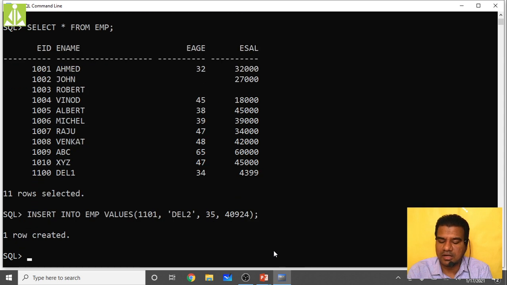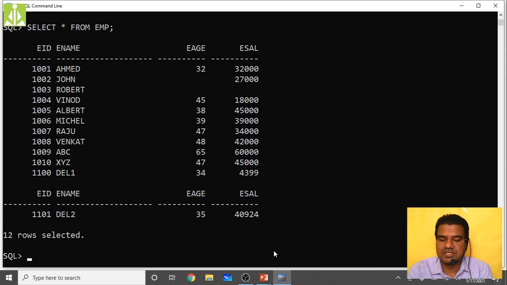Hit the enter key, and another record got created. Now select star from EMP. It shows up to 10-11 entries inside a single frame, and when there are more entries than that, it creates another frame.